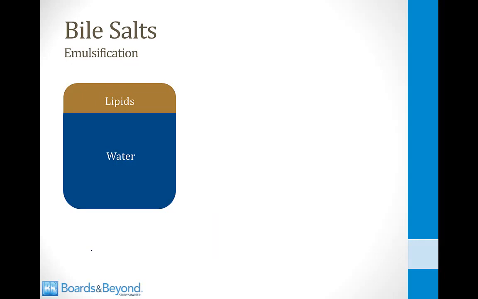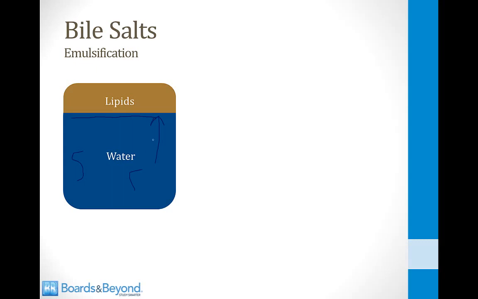The problem with what I just showed you is that lipids are not soluble in water, and there's lots of water in our stomach and in our intestines. So if not for the action of bile, what would happen when you consume a meal is that the lipids and the water would separate, like I've shown on the screen here. Pancreatic lipase, which is water soluble, would then only be able to work at the interface between the water and the lipids, and it turns out this is a relatively small surface area. So there wouldn't be much area in which for pancreatic lipase to work,